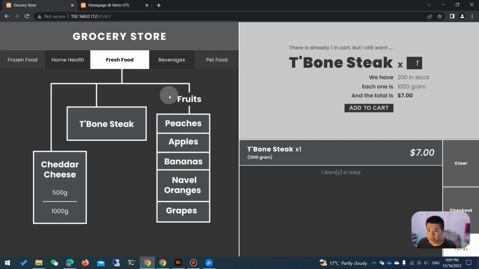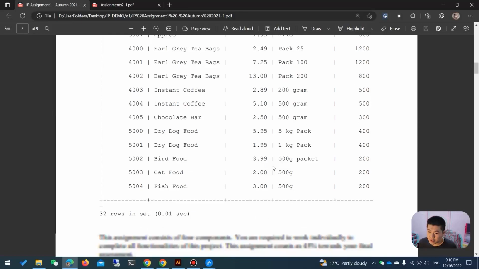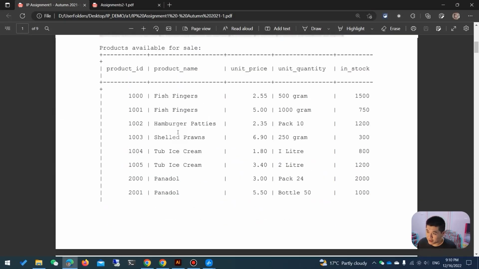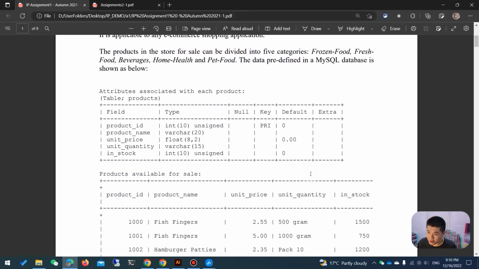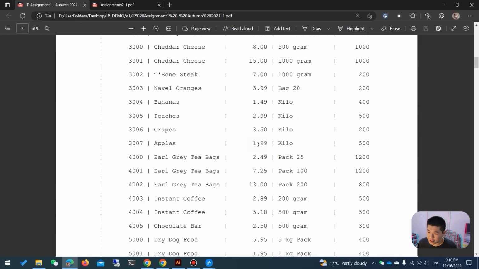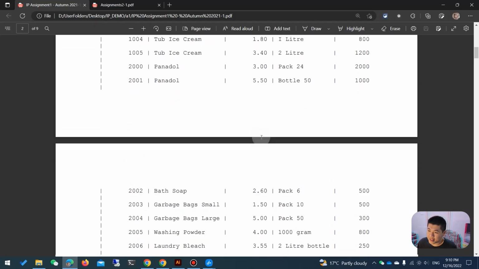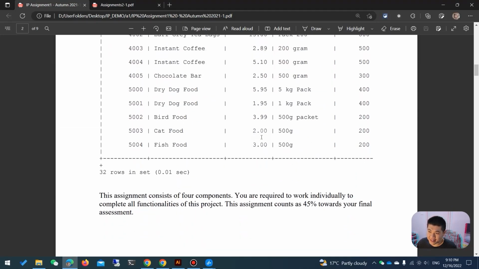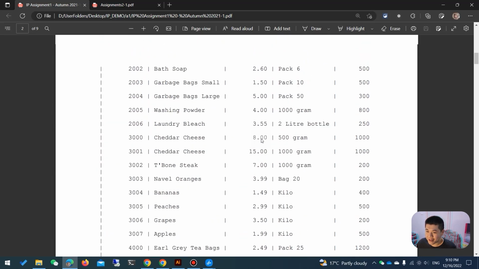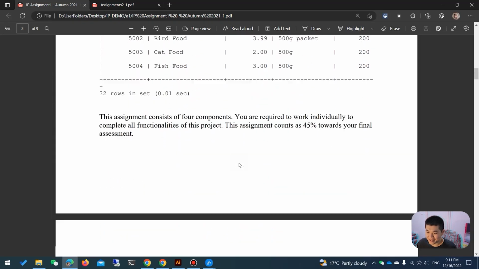And first, let's take a look at the requirements. Here's the assignment brief for the first one. As you can probably tell, MySQL is part of the requirement. When I was doing it, we had to write all the SQL code and then put everything in the database. But I believe for this year, they actually provided the .sql file that will generate everything in here. So I believe the subject has gotten a bit nicer.